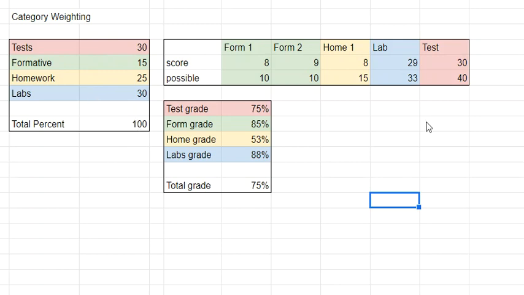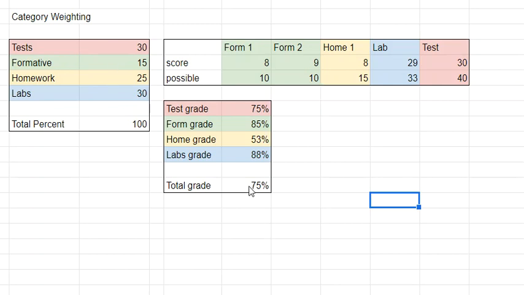And then if you look at 5 fake assignments here, a couple of formative assignments, a homework assignment, a lab, and a test, you can see the various grades that have been assigned to this fake student here. And then down here you can see what the percentage results are of the various scores up here. And the interesting thing about it is that when you do the total grade, what's happening here is that you are, of course, taking these percentages and multiplying them by what percent of the total grade it is to yield